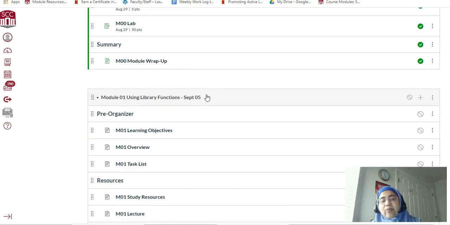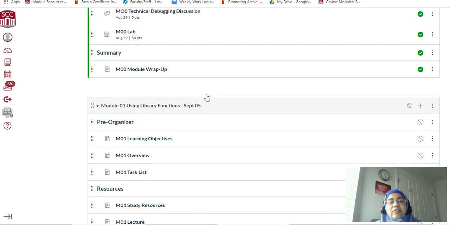So you will have in every module, pretty much 1 module per week, a lab, and then a programming assignment and a discussion, and also possibly a quiz. So you will be expected to do a lot of learning in every module, and every module assignment builds on work that was done in the previous module. So I'm going to encourage you to be on task and reach out to me if you have any questions about the content.